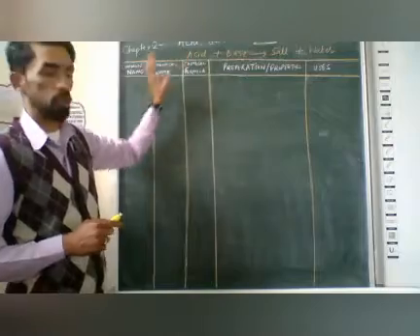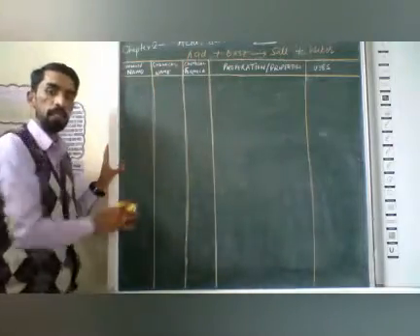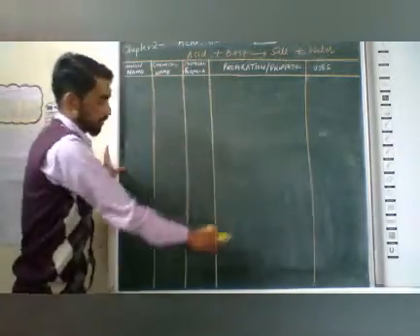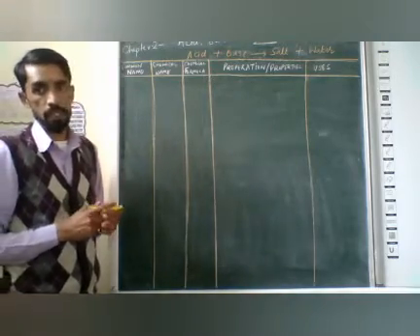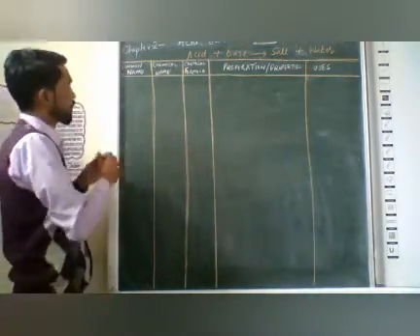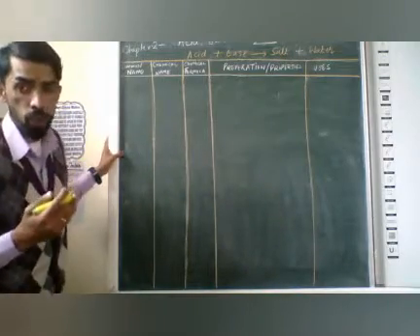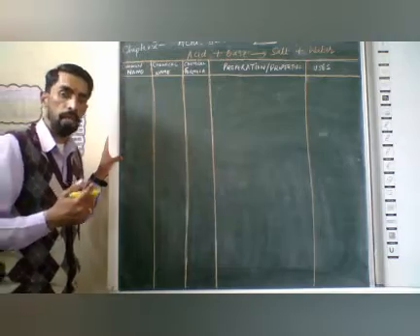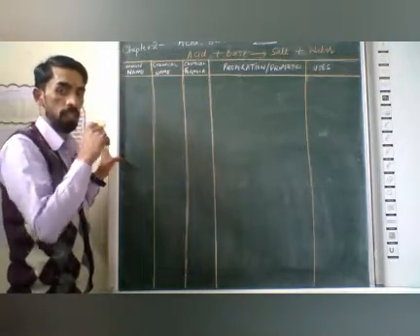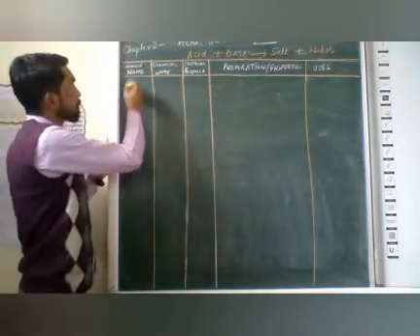Today I'm going to tell you about all those salts which we have studied, in one common table, so that it will make your learning very easy. Let's start. We have some salts related to sodium and calcium. I will take the first three salts, which are related to sodium.